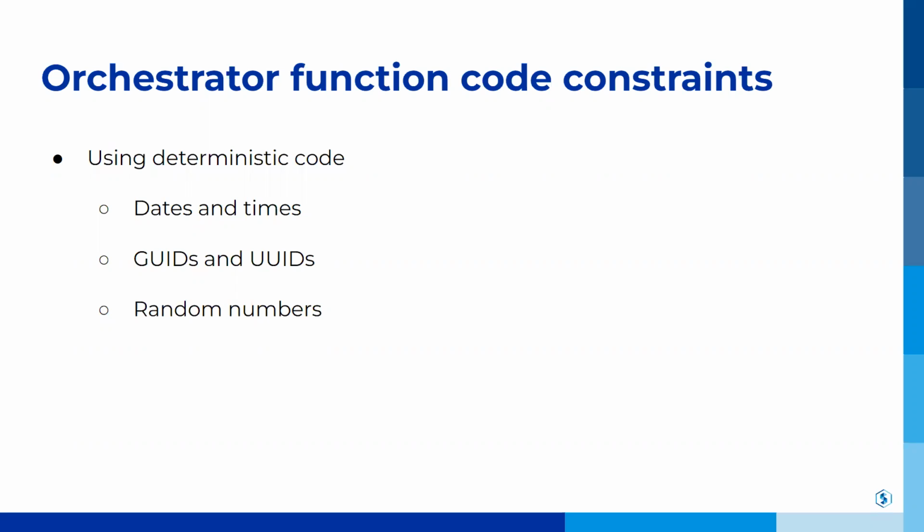Deterministic code is something that, no matter when or how many times you run it, given the input, you're going to have a predictable output. So if you were to use maybe dates and times, if you use the old-fashioned way of the